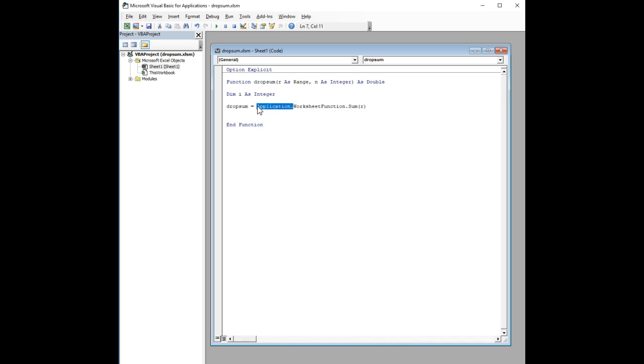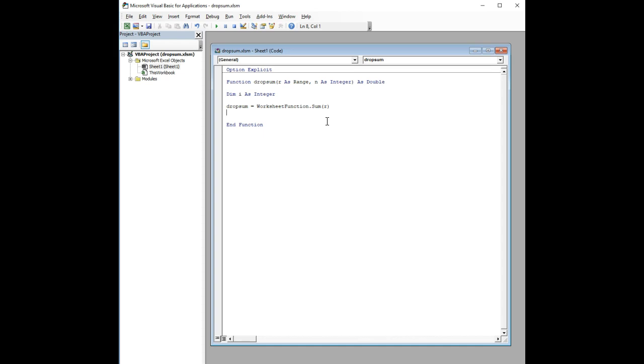It's perfectly legal just to delete that and go directly to worksheet function. It'll find that object if you happen to leave that off. Yet another case of how Visual Basic lets you get away with murder. So here we go. Now what we need to do is subtract the 3 lowest values from this sum that